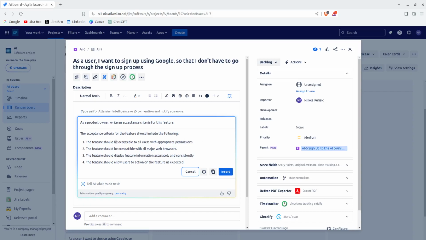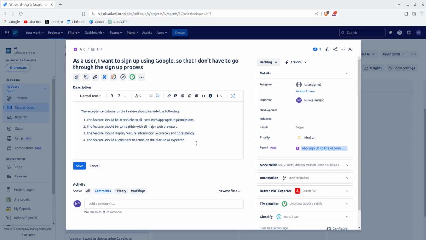Okay, so it should be accessible to all of the users with appropriate permissions. The feature should be compatible with all major web browsers. The feature should display feature information accurately and consistently. The feature should allow users to action on the feature as accepted. So let's say I agree with this,